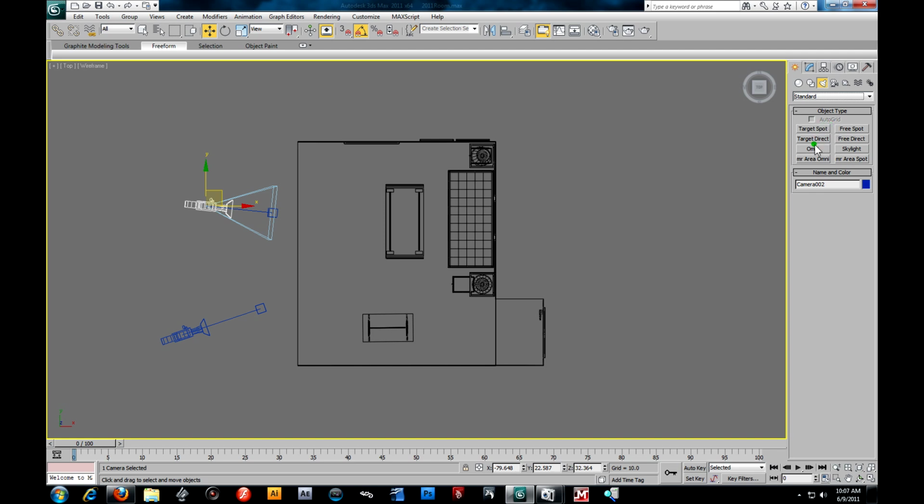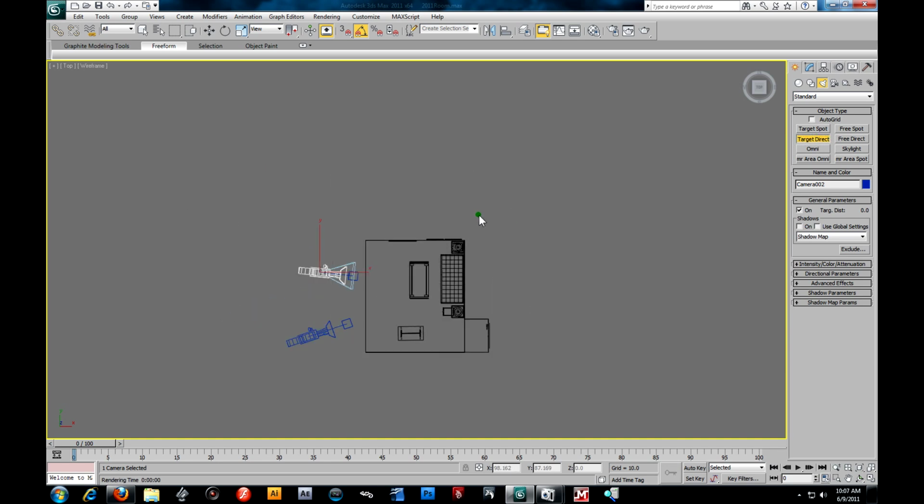Alright, so I'm going to grab a target direct. Now, target direct light is mainly used for outdoor lighting, or it could represent the sun or moon type of light sources. I highly recommend always using a target direct. Alright, so I'm going to go ahead and